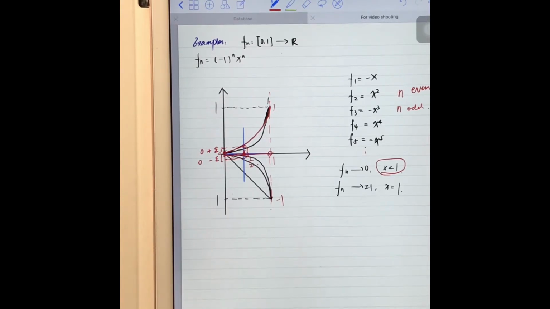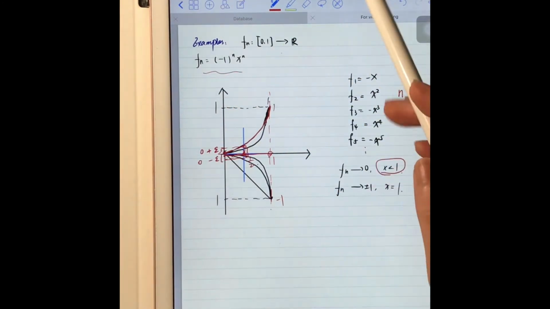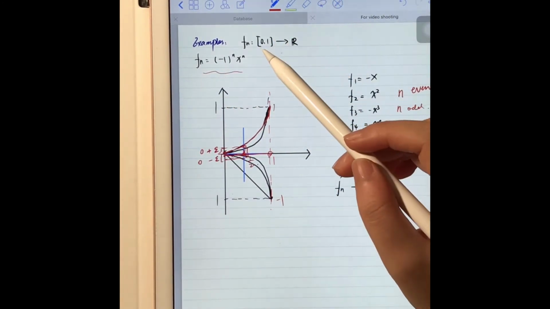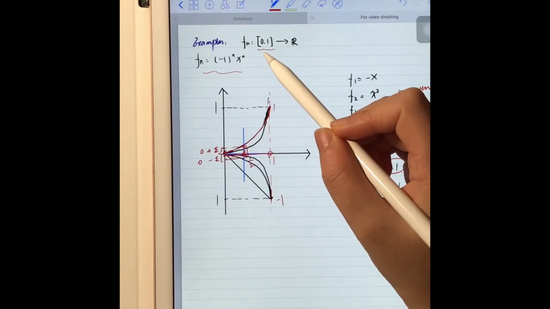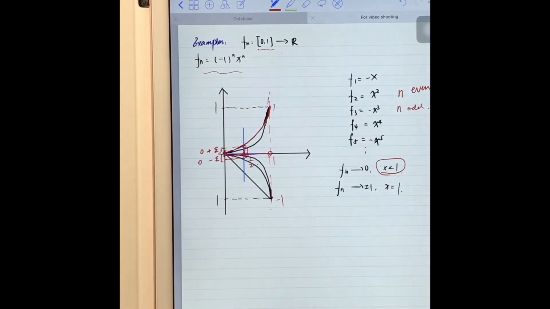But when x is equal to 1, it's not convergent at all, right? Because the value of the function is either 1 or minus 1. It oscillates, so it cannot be convergent. So to sum up, if we are given a function like this and the domain is given by 0 to 1, the sequence of functions is not pointwise convergent,